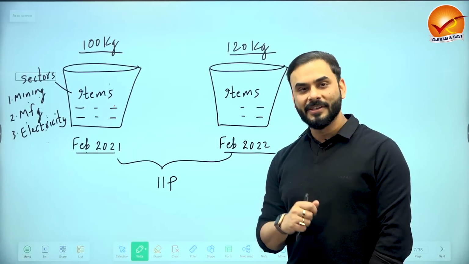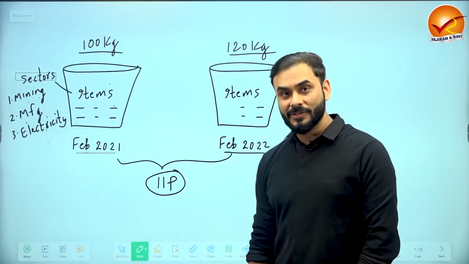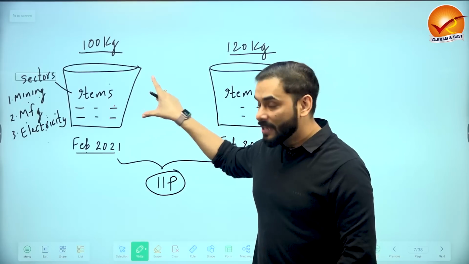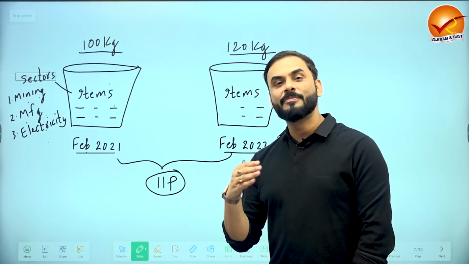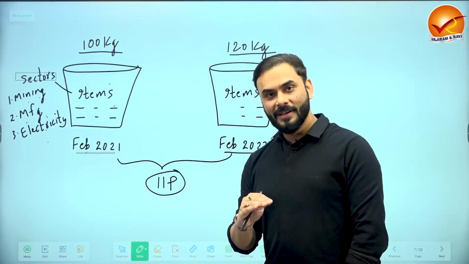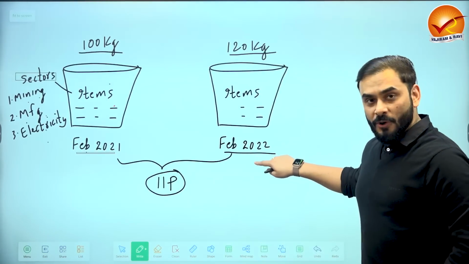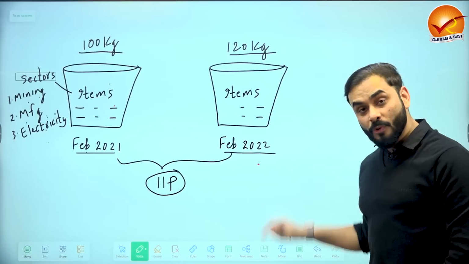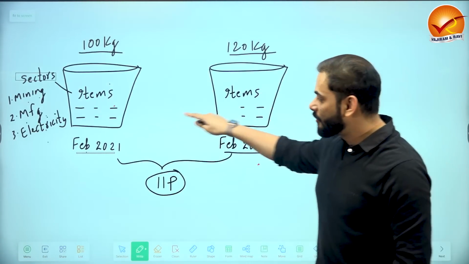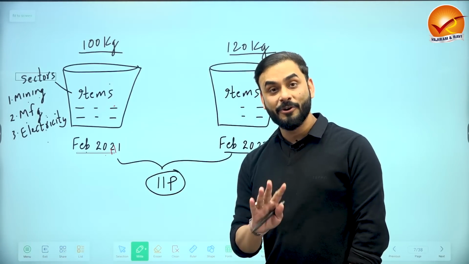Yes, 20 kg increase. So IIP, which means Index of Industrial Production, it measures what is the level of output of selected number of items which are being produced in a particular sector in the industries this year compared to some base year. Base year means reference year. So we are measuring what is the production level in February 2022 of this basket of items compared to the base year. What base year have we picked? Last year, right? It will give a good idea of whether industries are doing good or not.